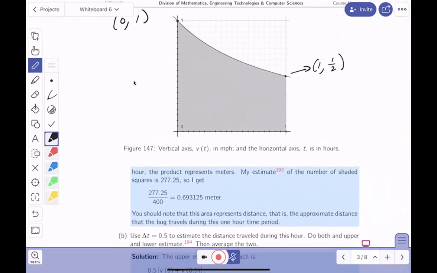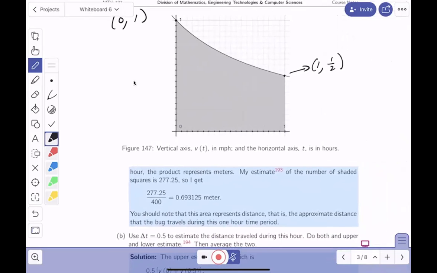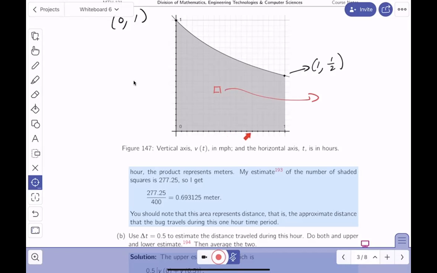And there are many ways to do that. I'm not going to say one way is better than the other. Well, what I'm doing over here is I'm going to look at these little tiny squares here, and I'm going to talk about the area of one of those squares. The base of those little tiny squares, again, I'll put on what I'm doing. I'm counting it up. 1, 2, 3, 4, 5, 6, 7, 8, 9, 10, 11, 12, 13, 14, 15, 16, 17, 18, 19, 20. So the base of that is 1/20th